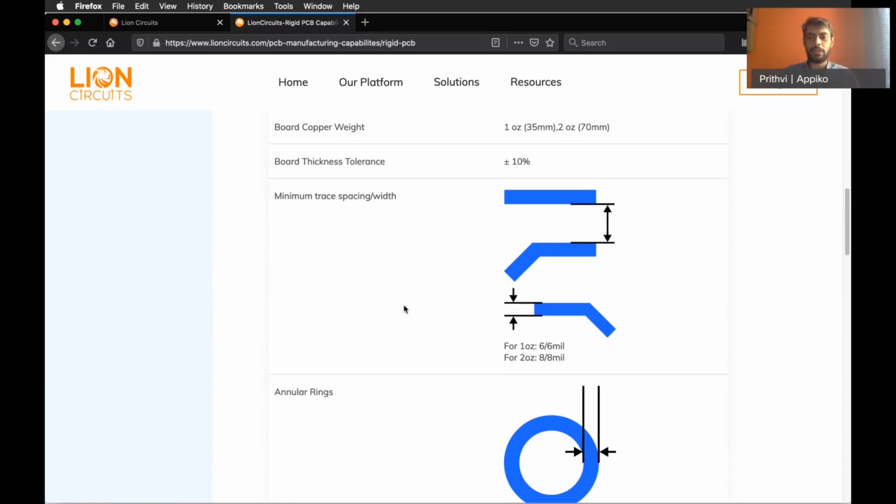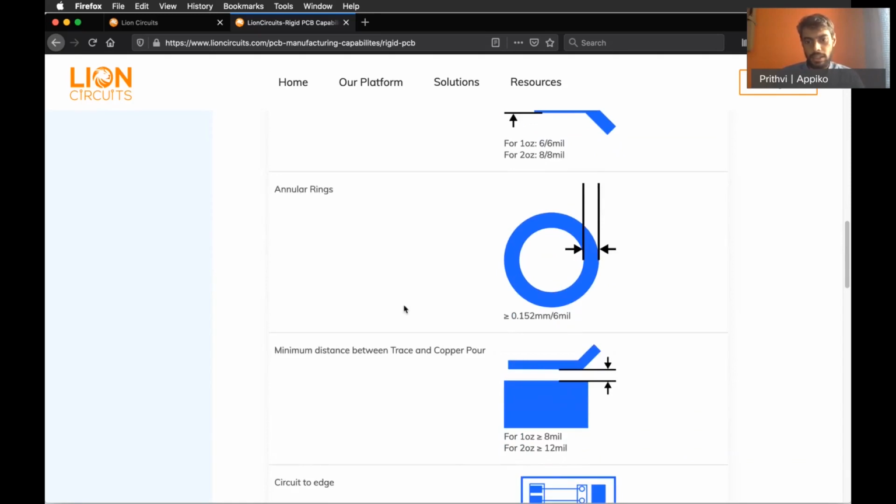Mil is a unit commonly used in PCB design, which is 1,000th of an inch. Just for ease of conversion, one thumb rule that you can use is 4 mil is 0.1 mm. The annular rings that they can manufacture is also 6 mil width.